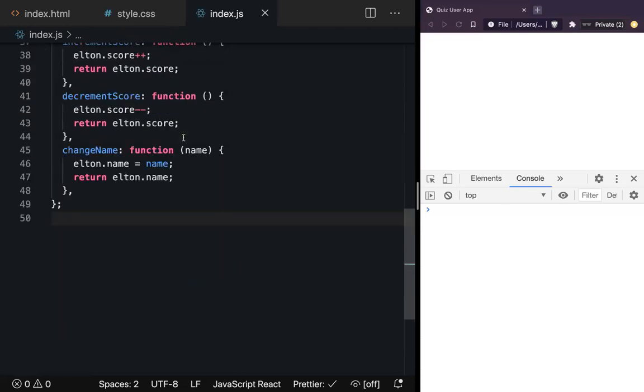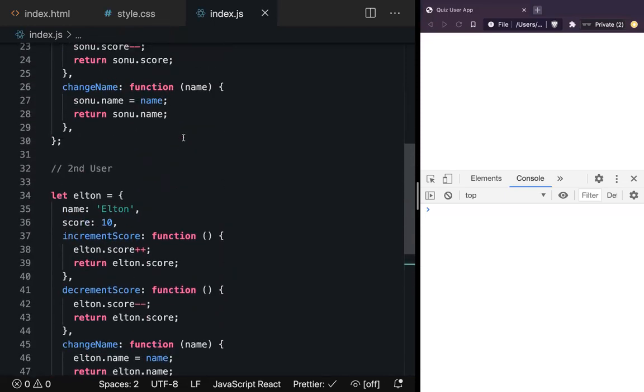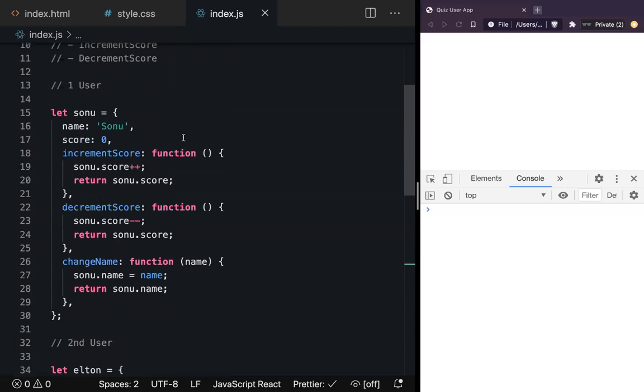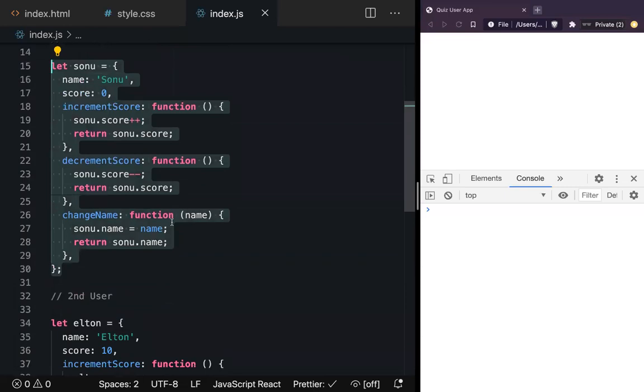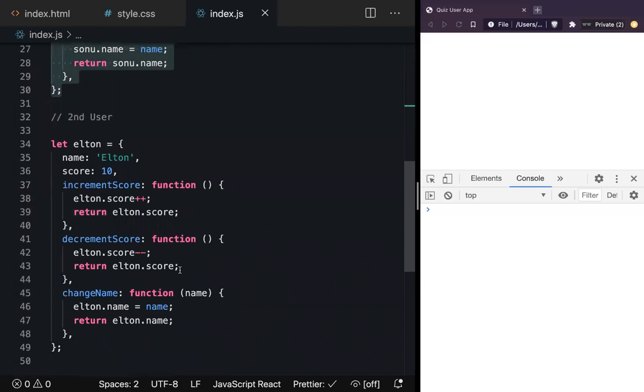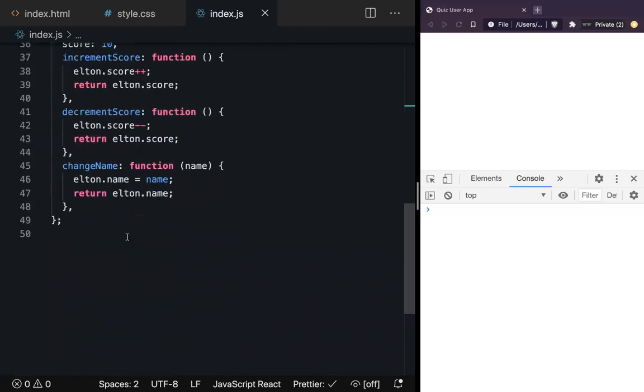So think about it, say your app launched on Product Hunt and it went viral, millions of people are using this app. And this is how you're doing it. Okay, so this is not the right way of doing it. How many of you think this is the right way of doing it? Or how many of you think there is some limitation with doing it this way? We have a lot of repetition going on, right? So the first problem is a lot of repetition.